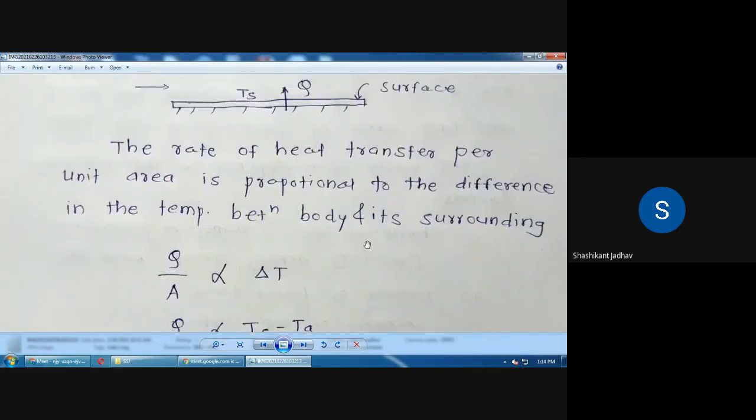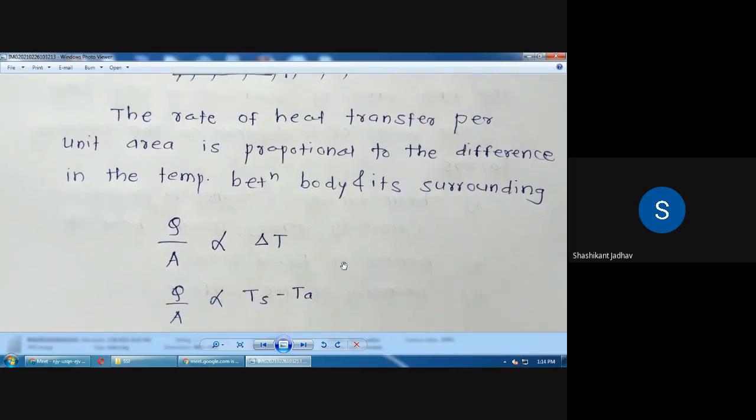Q by A, the rate of heat transfer per unit area, is Q by A. So that Q by A is directly proportional to the difference in the temperature, between body and its surrounding. We consider that temperature difference as delta T. The body temperature is Ts, and the surrounding air or fluid around that particular plate has temperature Ta. So Q by A is directly proportional to